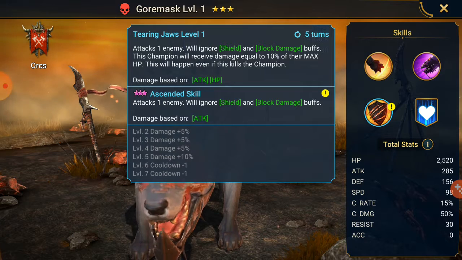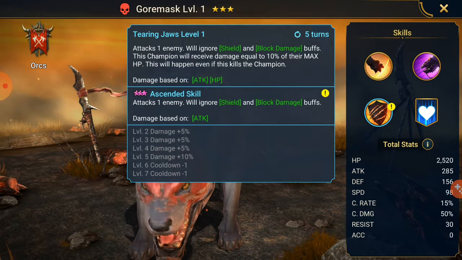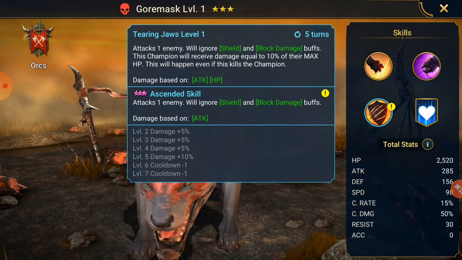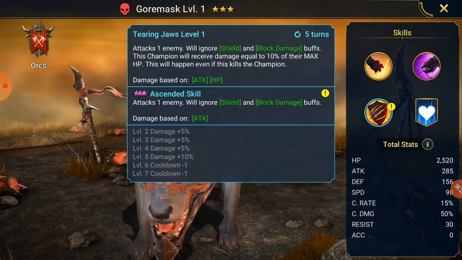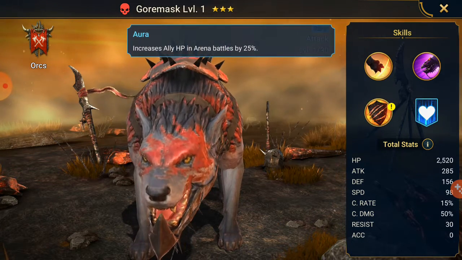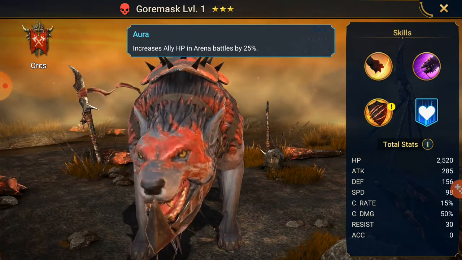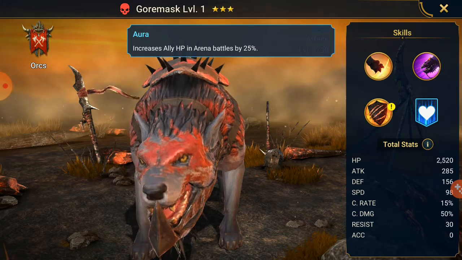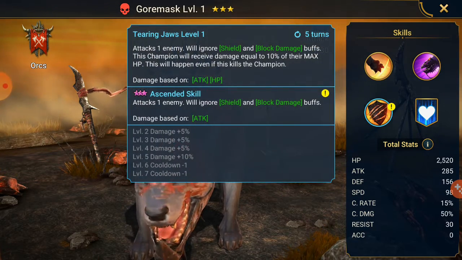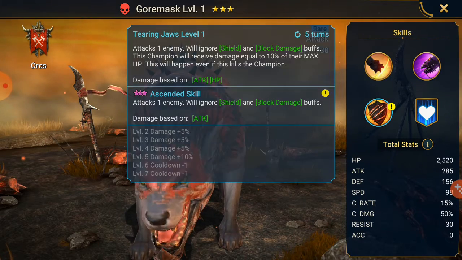That potentially makes him really good just to be a niche champion. You could keep a Goremask, you could ascend him, and it could be just like Death Hound. So that's pretty much the only part of his kit that's actually really good. It increases your HP in arena battles by 25%, so his only credit is that he can go into arena, ignore shield and block damage, and maybe nuke someone. Apart from that, he's